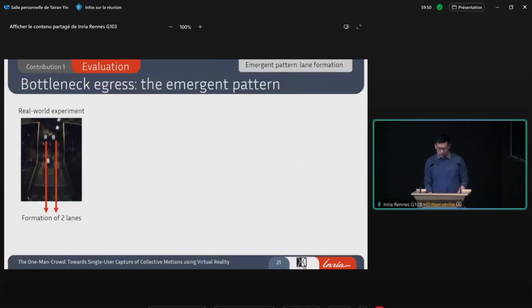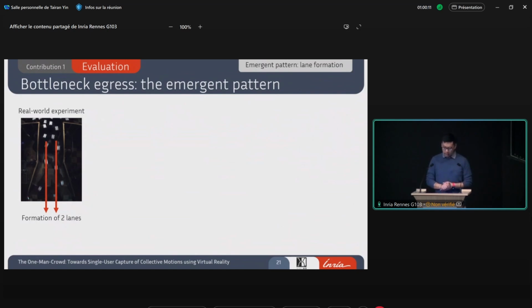And in the bottleneck scenario, the situation is more complex than in the unidirectional situation because people in the crowd must eventually pass through the bottleneck no matter where they start. And this creates interactions from not only the person in front of us, and also the people who are walking aside us on the left and right.